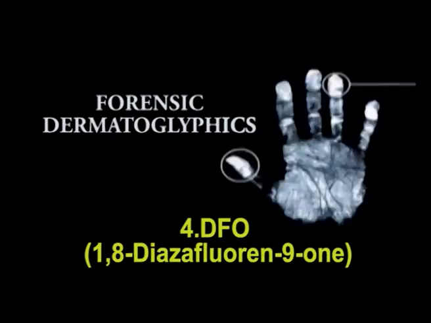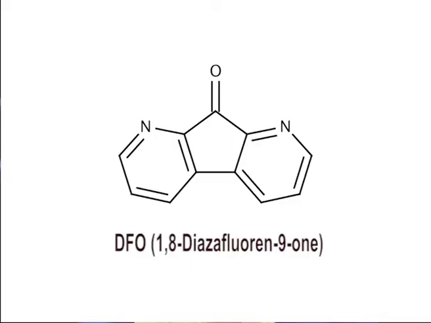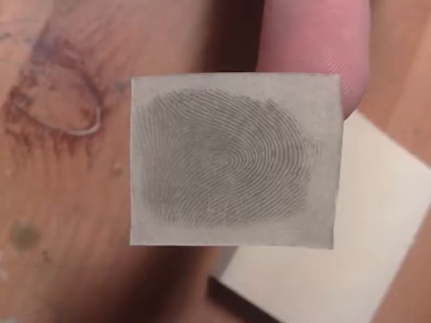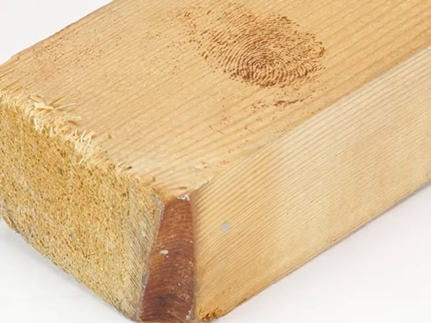Next, we have an amino acid specific reagent and a ninhydrin analog, that is DFO, or better known as 1,8-diazafluoren-9-one. DFO is an amino acid sensitive reagent which develops latent fingerprints on porous surfaces like paper and wood. On reacting with the fingerprint residue, it gives a pale pinkish purple product. The reaction proceeds through the formation of intermediate yields and is similar to that between ninhydrin and the amino acid